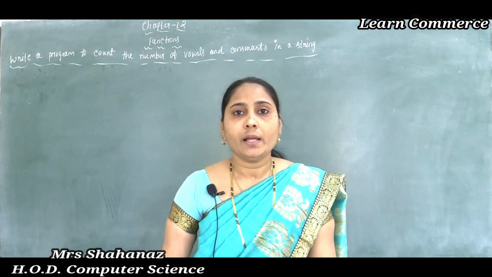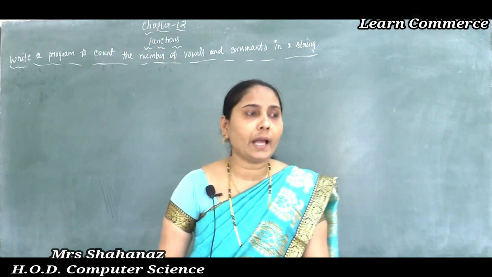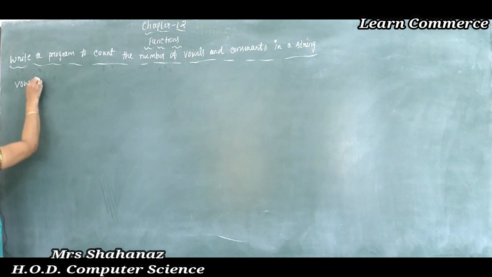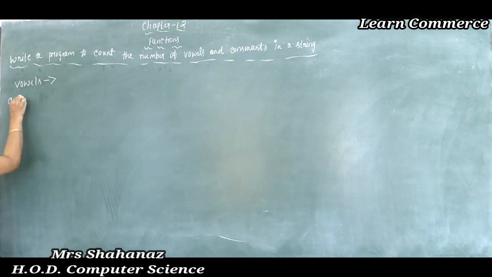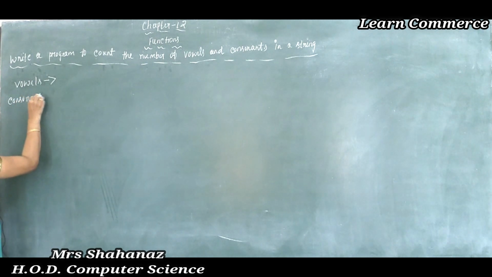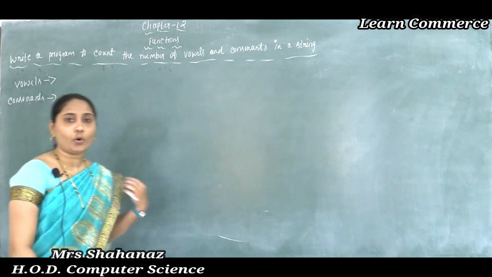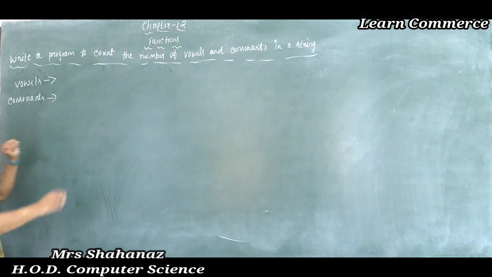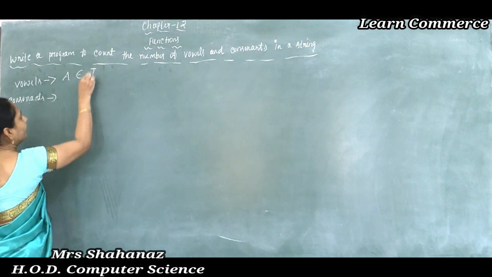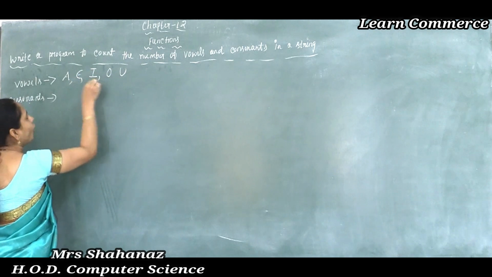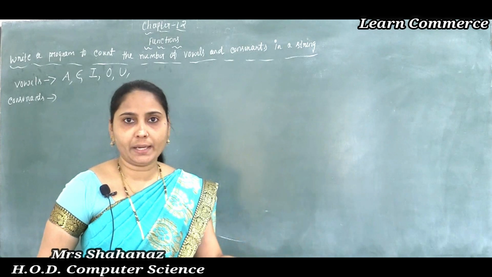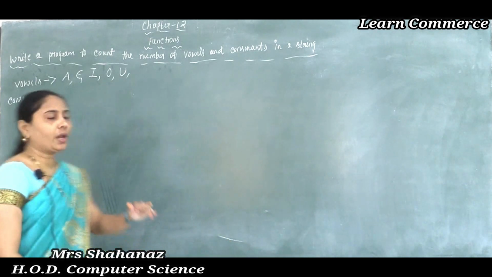So as we know the meaning of vowels, and what are the characters we are going to use in our vowels and consonants here. First of all, I want to tell in the solution the vowels are, and later I will tell the consonants. In the case of the vowels we can say that A, E, I, O, U come under the vowels. So all these letters come under the vowels. Maybe the capital letter, maybe the small letter, all are called vowels.